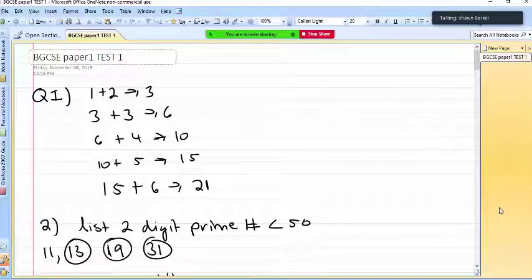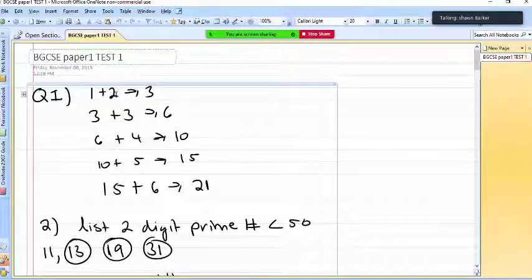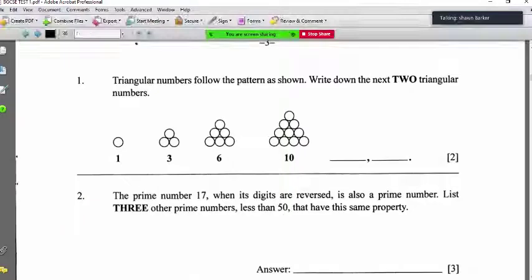Then the next number was 6. What did I do to get to 6? Then you added 3. Okay, and then to get to 10, you added 4, and to get to the next number, since you see this pattern, 2, 3, 4, 5, you're adding 1 each time, and that's how you figure out what the next number in the pattern is.